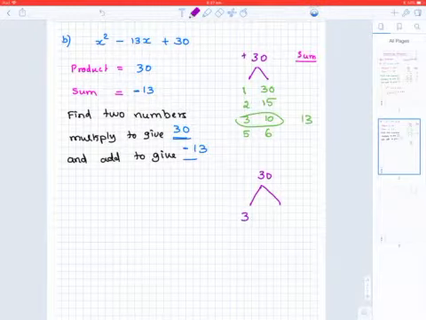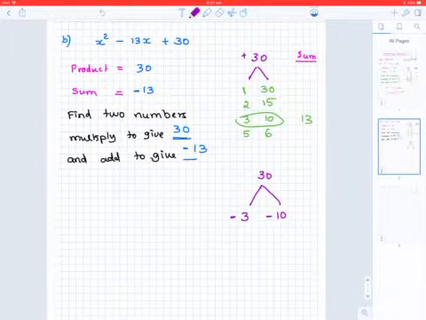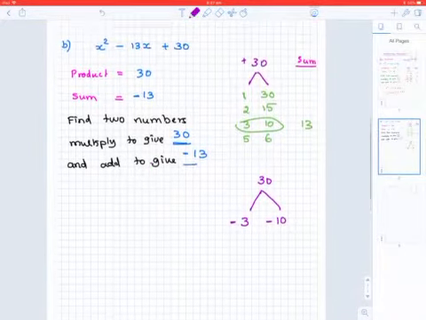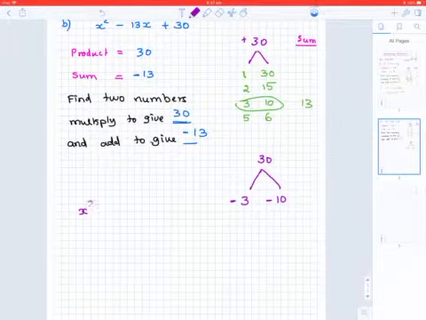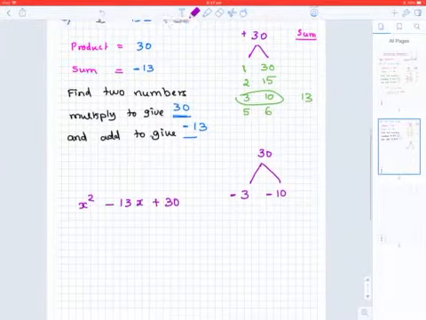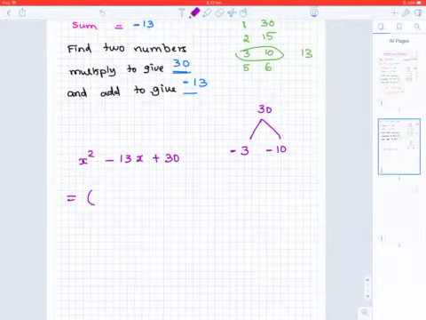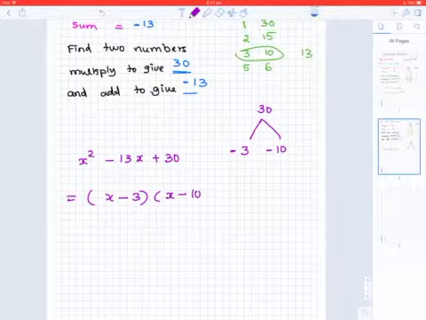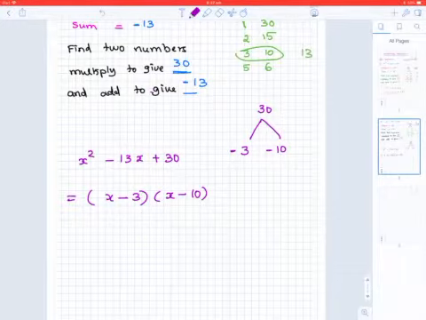So I have to find two numbers whose product is plus 30 and whose sum is 13, which are 3 and 10. But because I want the sum to be minus 13, I'm going to use minus 3 and minus 10. So therefore, the expression x squared minus 13x plus 30 is equal to